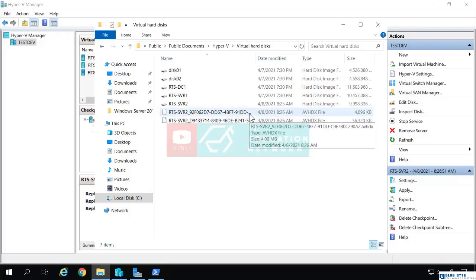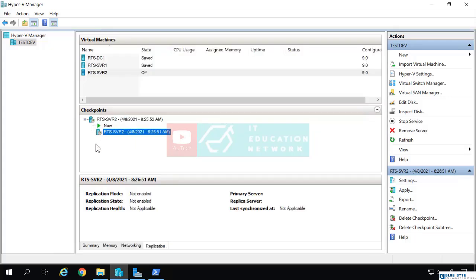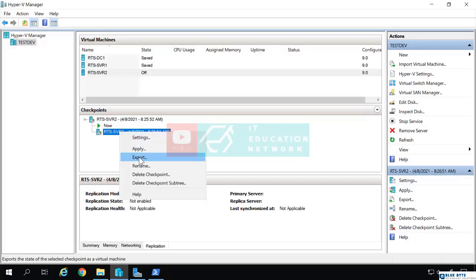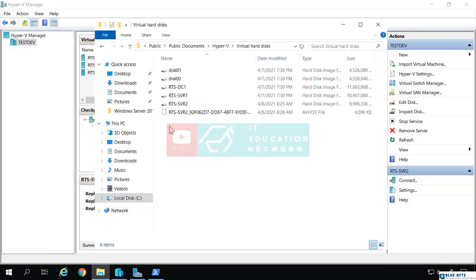So I can see this one is only 4 megabytes and the one below is 55 megabytes. And you'll see it down here as well. But one's 4 megs, one's 55 megs. Depending on what changed is what determines the size of these checkpoints. If I were to go back here, and I'm going to delete this checkpoint. Now, if I pull that folder up again, you can see now under RTS Serve 2, there's only one AVHDX